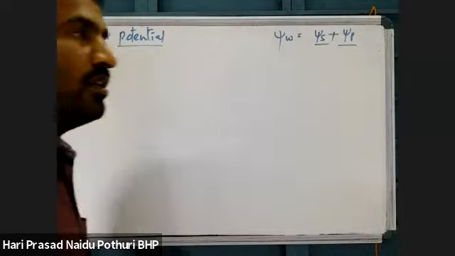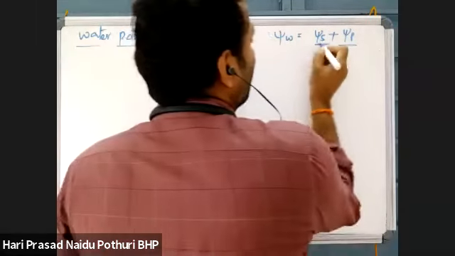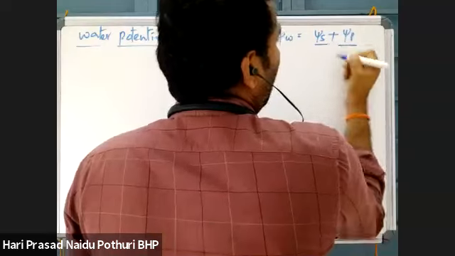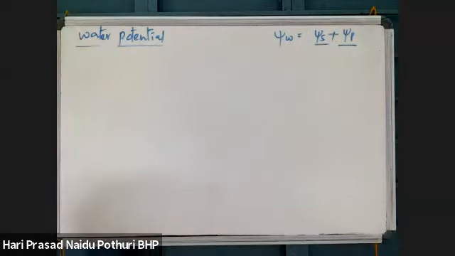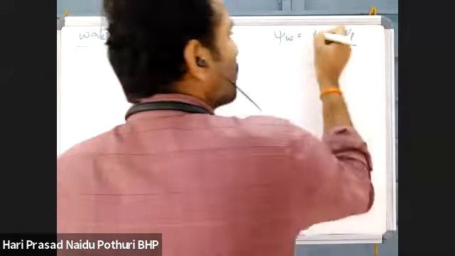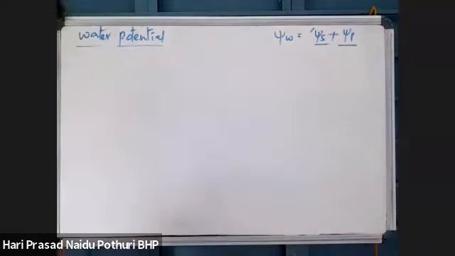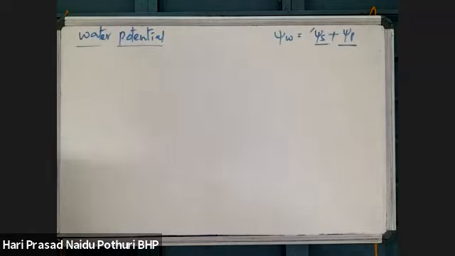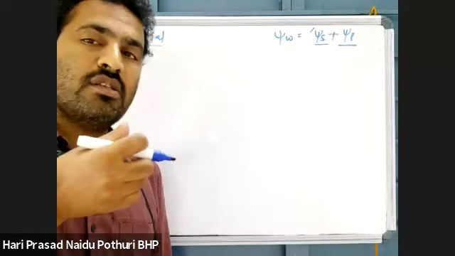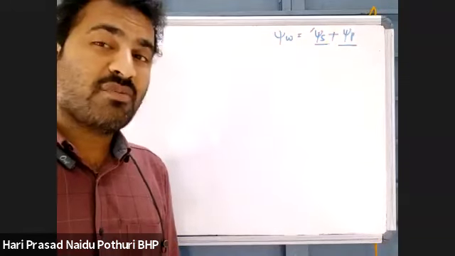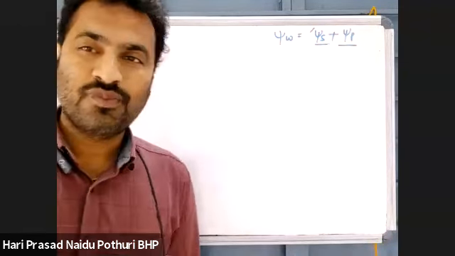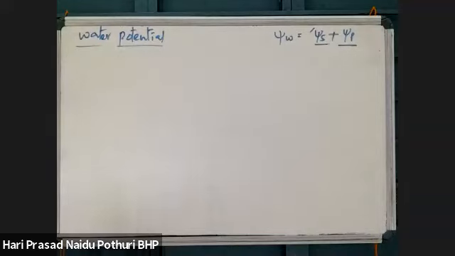So water potential is based on the concentration of the solute particles and the amount of pressure exerted from the external side. Okay, they two give rise to water potential. If solutes are more, then solute potential will increase, then water potential will decrease. Water potential is inversely proportional to the solute potential. Solute concentration is increased means water potential will be decreasing. Maximum water potential is what? 0. 0 is the maximum water potential.